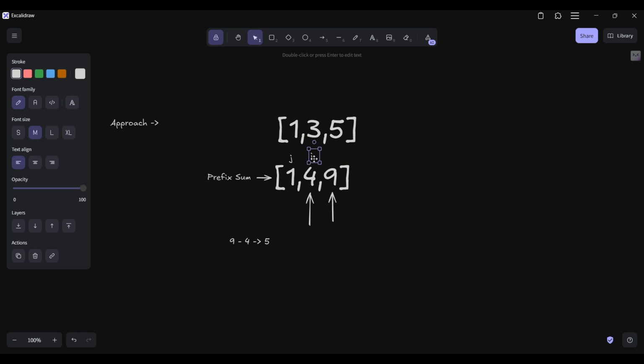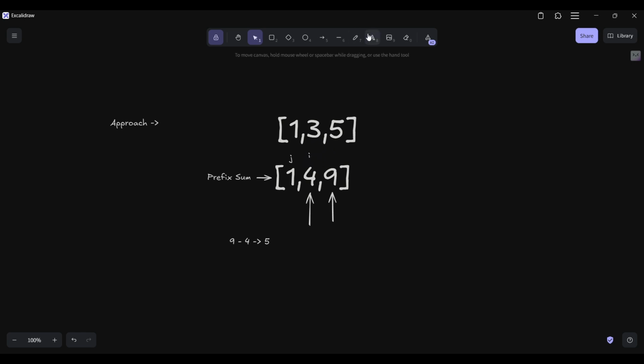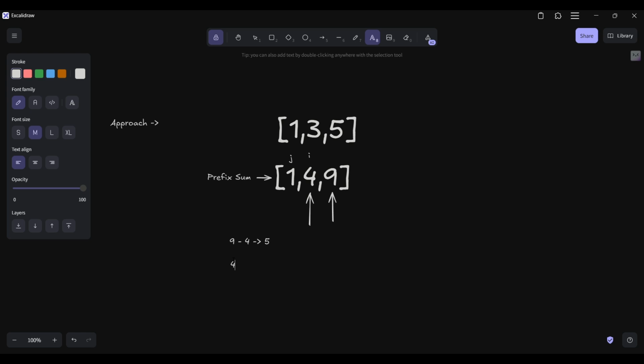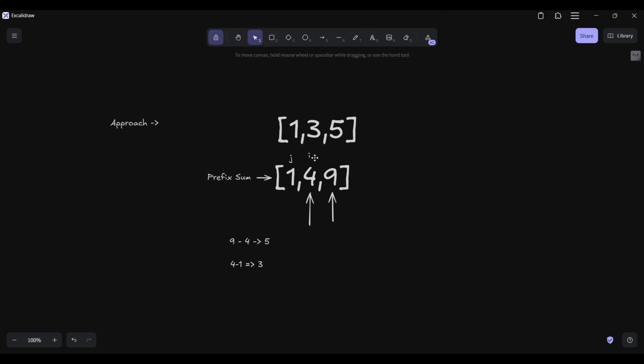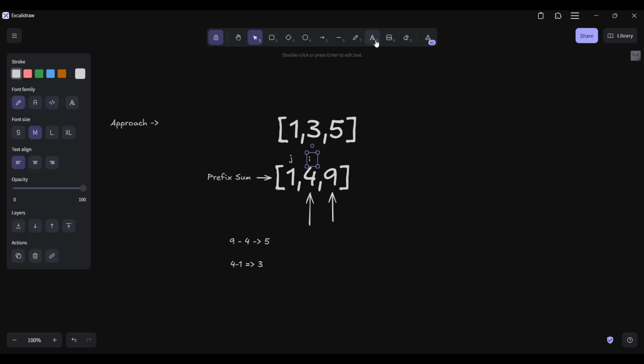let's take this. I minus j would simply give 4 minus 1, which is 3, and here also it is simply giving 3. So if we subtract just this with this, 9 minus 1, that is 8. So whenever we subtract two prefix sums, it is simply giving